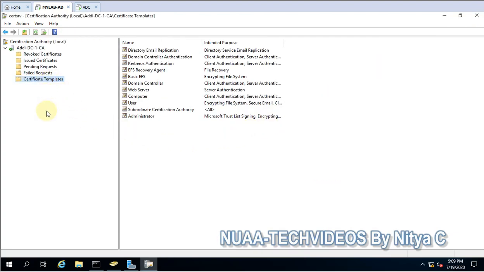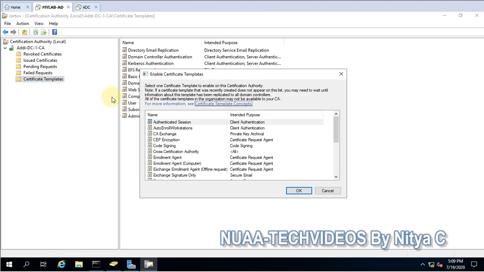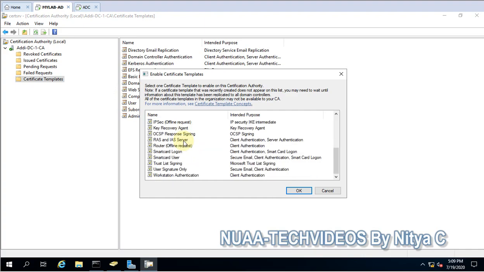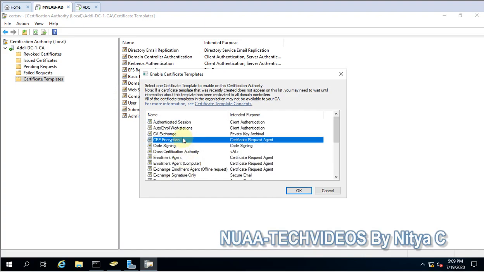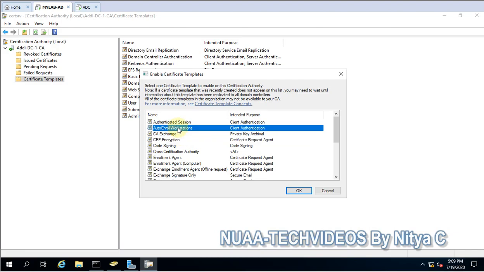And again we are back to the certificate authority, and right click, new, certificate template to issue. So we have to select the template which we created recently.